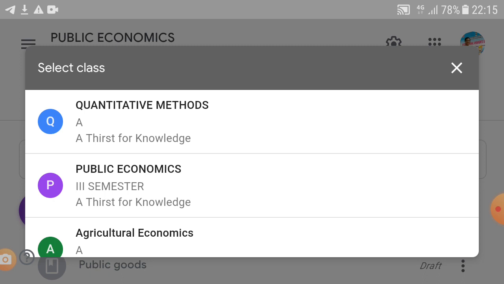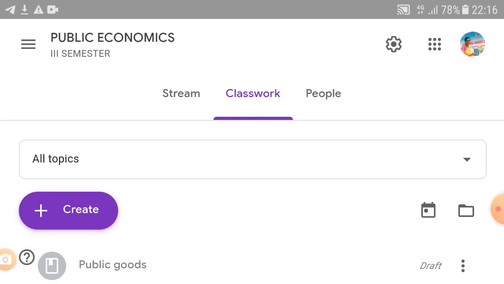If the same information is to be posted in the public economics class, you choose the public economics class. So for the same information in another classroom, you click that classroom and from that classroom you post the same material to public economics. Okay, this is the purpose of reuse post.